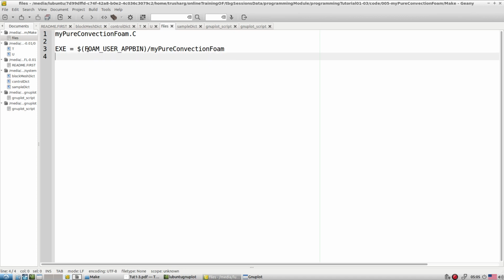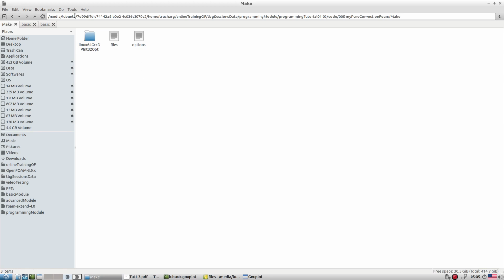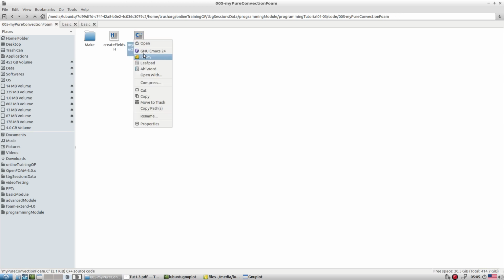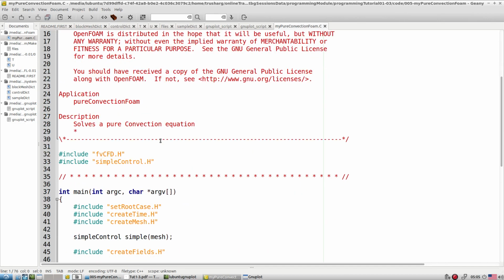Okay, and don't forget to type user, because if you don't, and you don't have access to that particular folder, it will give you an error. It's better to transfer whatever you are developing into your own area, not the release version area. Immediately try to clean the C file based on your requirement. Clean whatever you don't need.